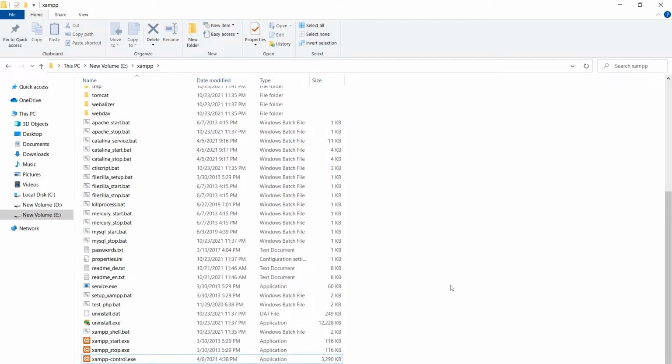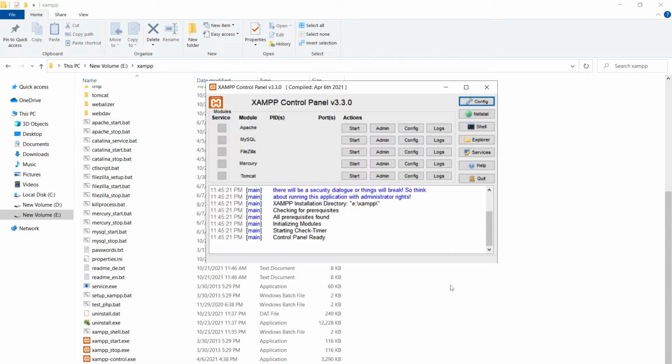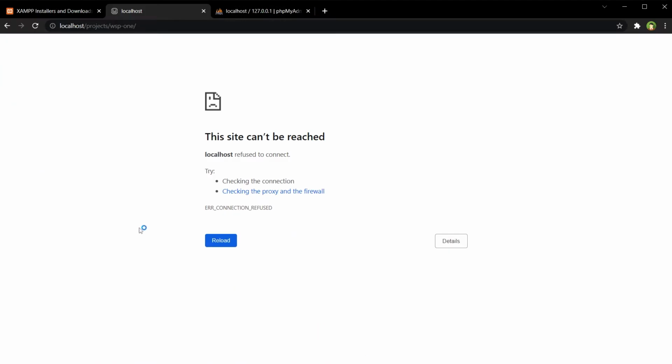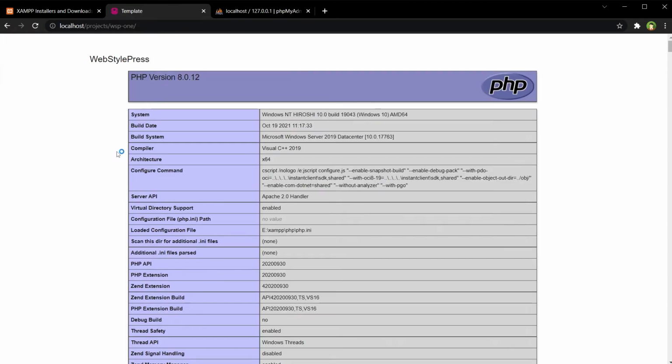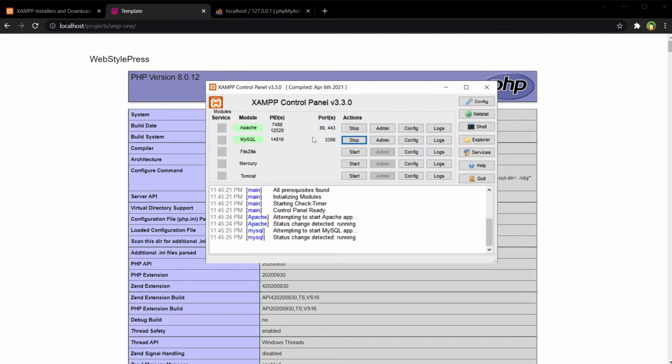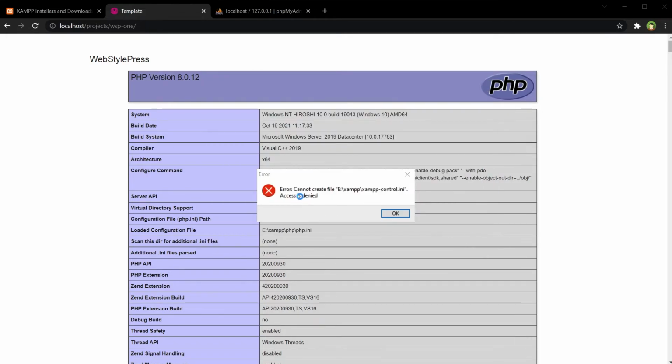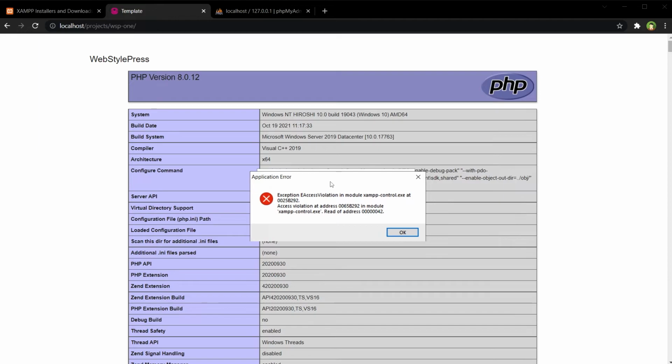Let's run XAMPP again. Start the service, start MySQL, refresh the page. Now this page is working, and now stop this service and now hit this quit button. You see this error, can't create file.